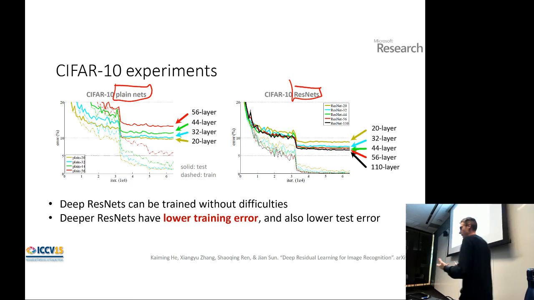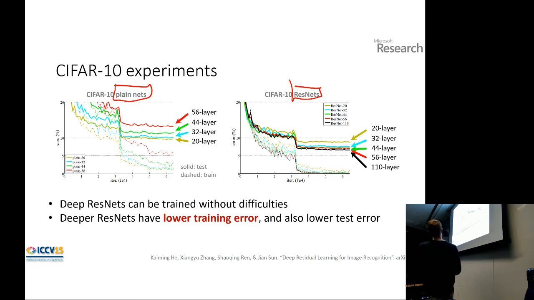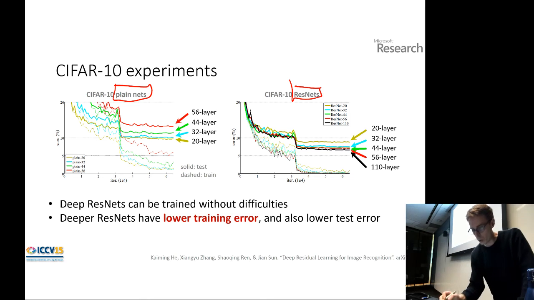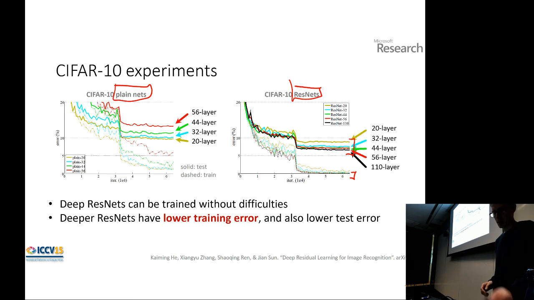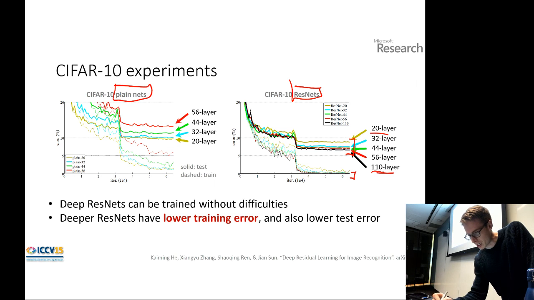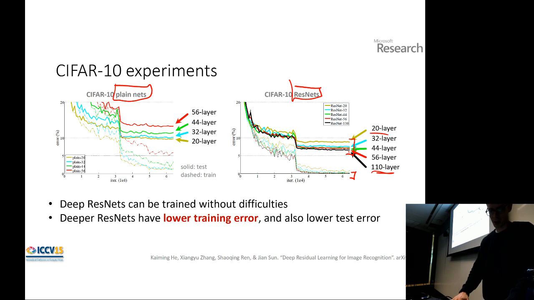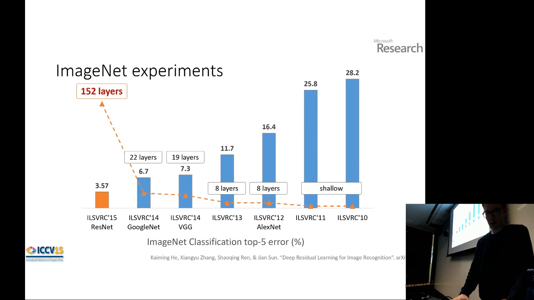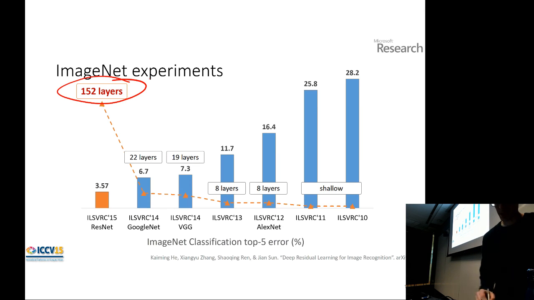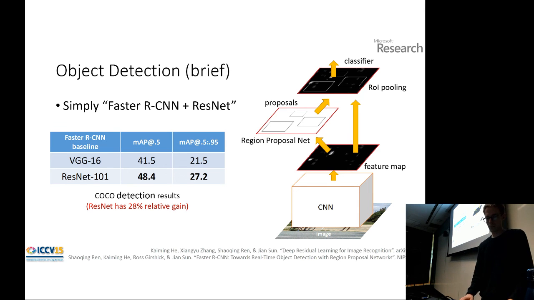Okay, so this is image classification. We have 10 different classes for the image. And again, for the plain net, deeper layers give us higher error, which is bad. But for the ResNet, as you add more and more layers, the error is going down. And this holds, again, both for training and test performance. Here they're showing a 20 layers deep network, and down here, a 100 layers deep network that's doing better. Then this was their result on ImageNet, which has 1,000 classes, where they did 152 layers and got this really low error compared to prior results.